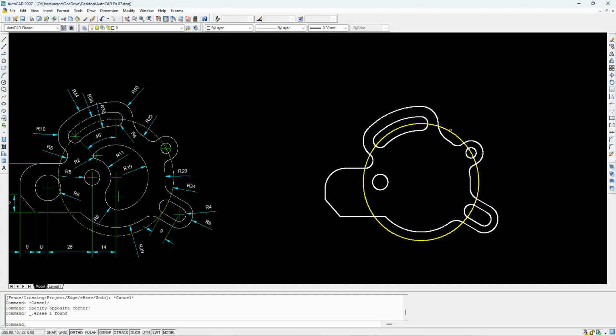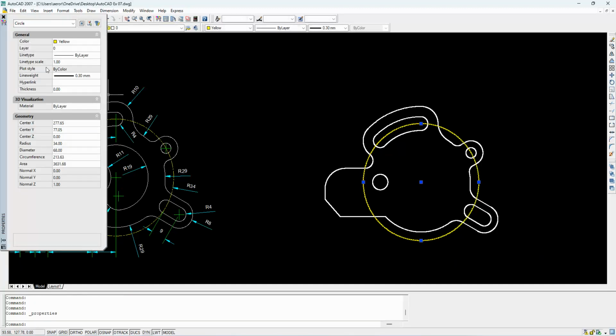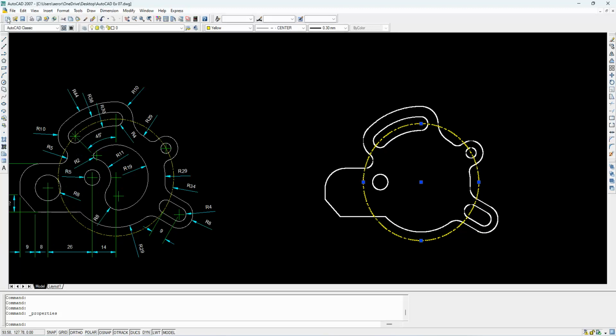Now using this line, you can go for properties. You can select the line type as center and select the scale value. So highlight it as a center line. After that, from the circle, the center of this circle,